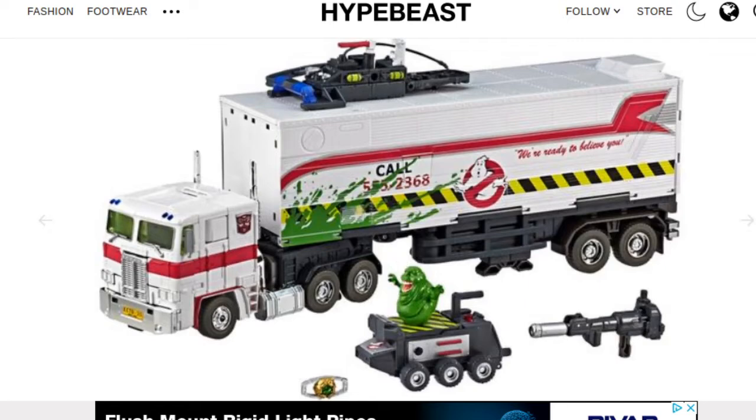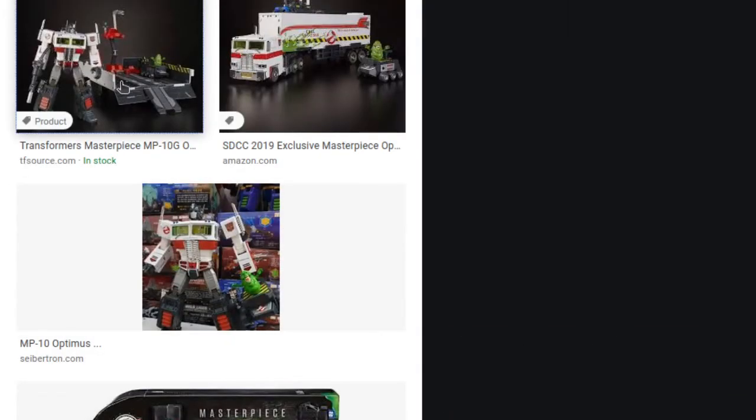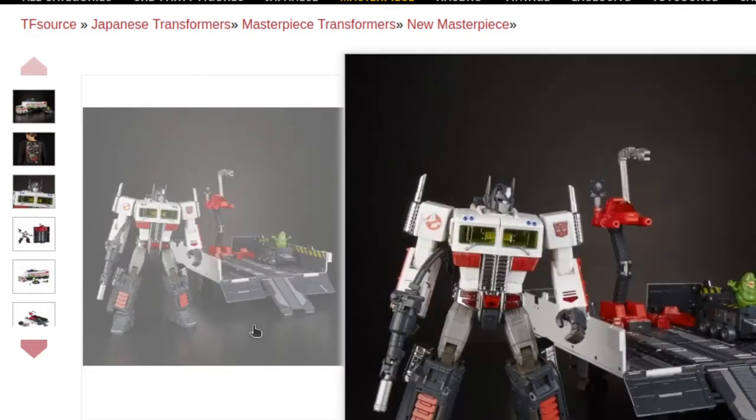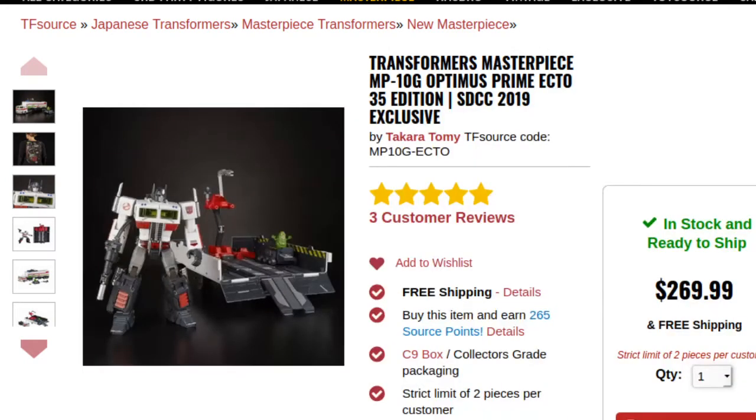The ad that I pulled up before showed it for like $244. Let's see if this image shows anything. Okay, so yeah. Oh, it was an exclusive for San Diego Comic-Con. So if you went to San Diego Comic-Con and you had a lot of extra money, which, if you're going to San Diego Comic-Con, you come with either money or a credit card to just